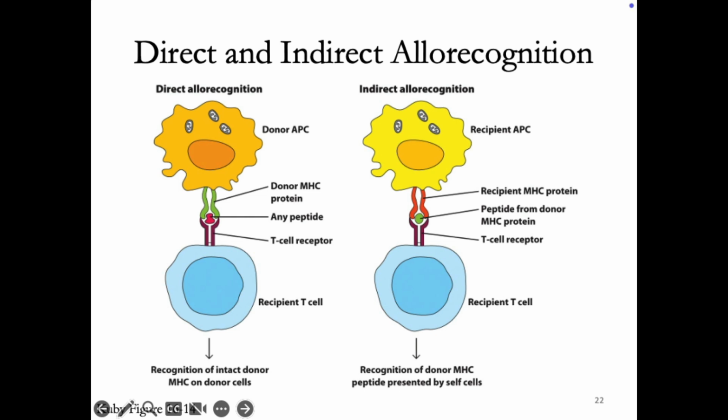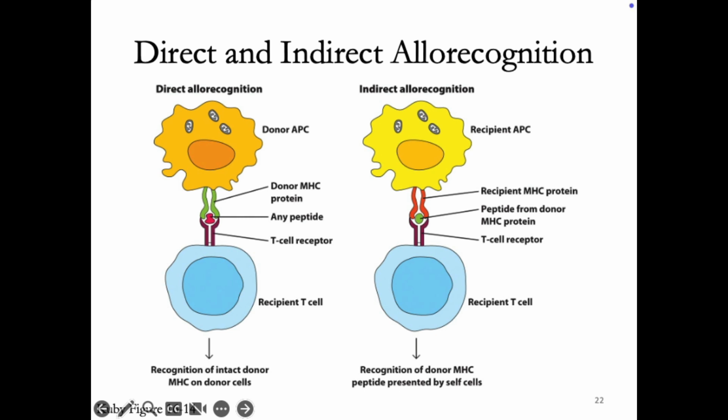And the recipient's T cells are getting sort of fooled. They think the donor's MHC is self-MHC plus peptide. And they're like, oh yeah, that's a bad thing. I got to kill that. So here you can see that the donor MHC is just directly recognized on antigen presenting cell from